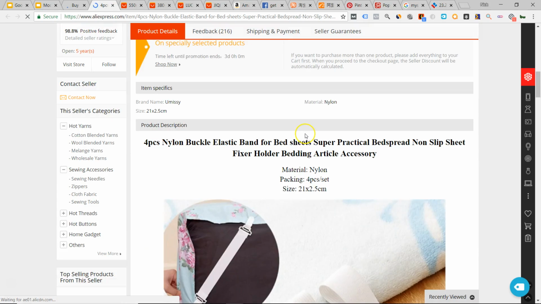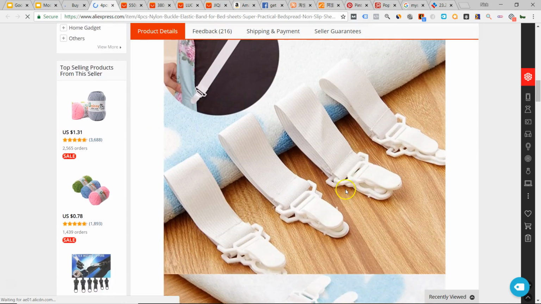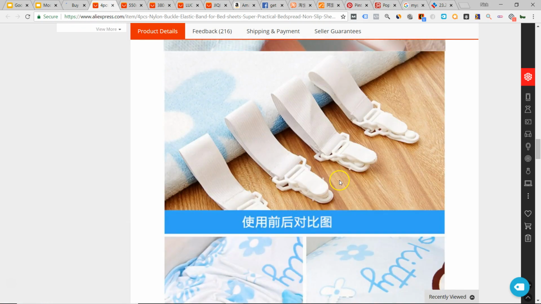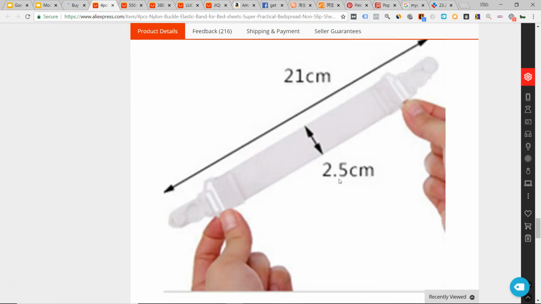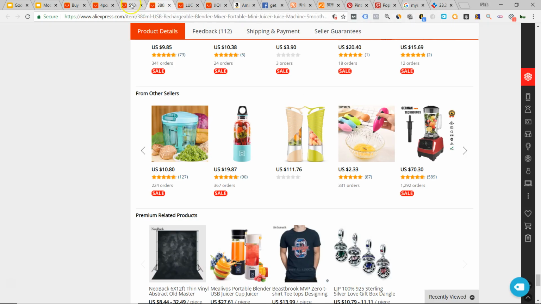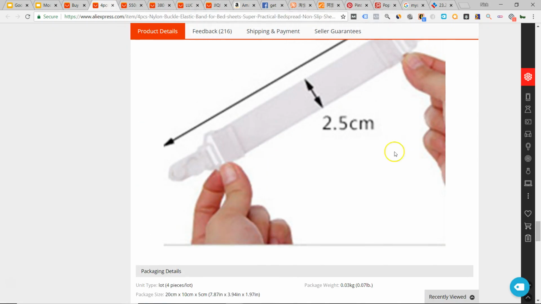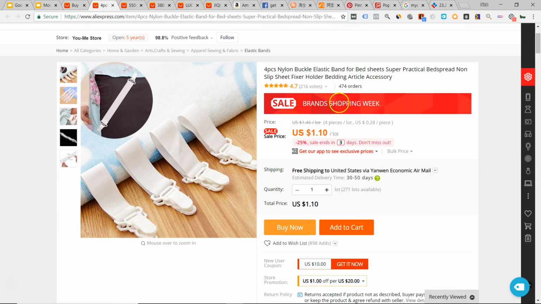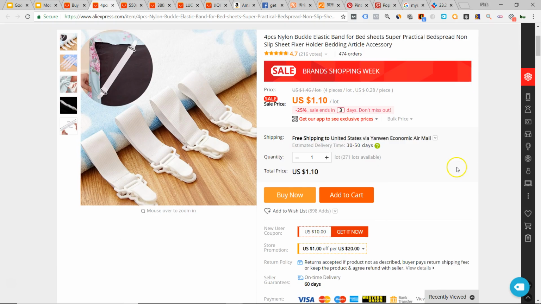Okay, so interesting idea. Bed band keeps your sheets down. I definitely know that can be an issue. Lots of good reviews. Jumped in sales rank, big gain. It starts at $12.99. So this could be an item with some potential, all right, because you can order one lot, they're one size